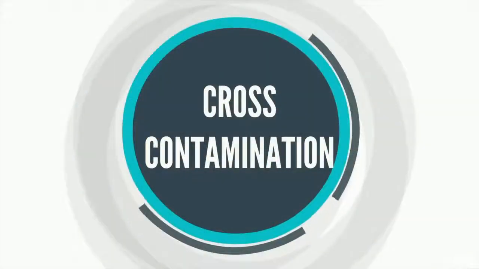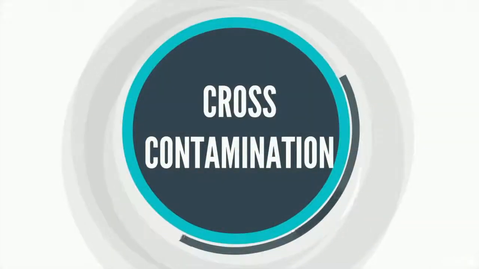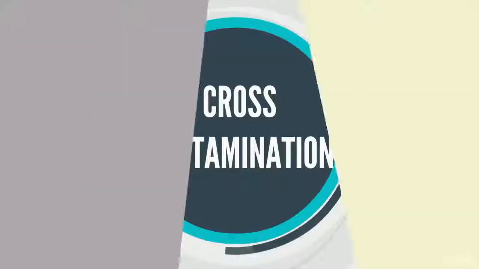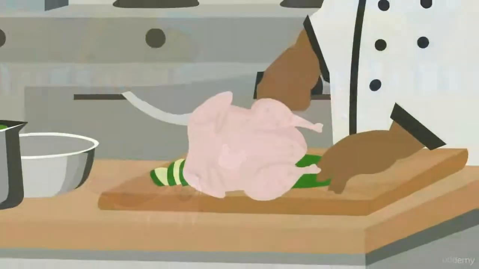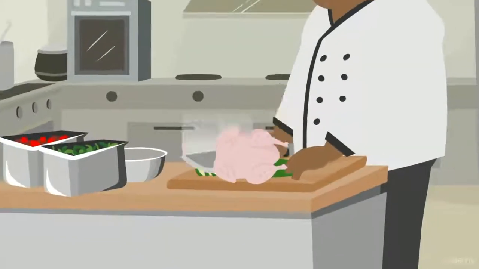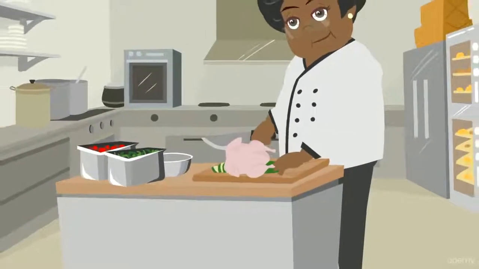Generally, microorganisms and other contaminants cannot move by themselves. Rather, they are carried to foods and food contact surfaces by humans, rodents, or insects. This transfer is referred to as cross-contamination. Cross-contamination is the process by which one item, such as your finger or cutting board, becomes contaminated and then contaminates